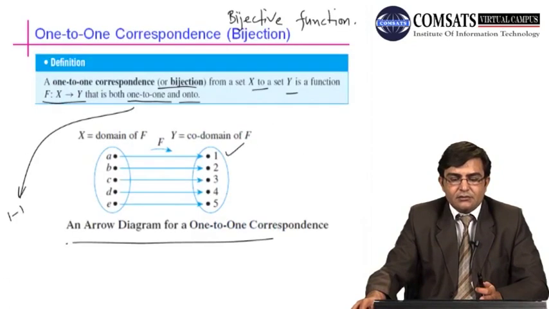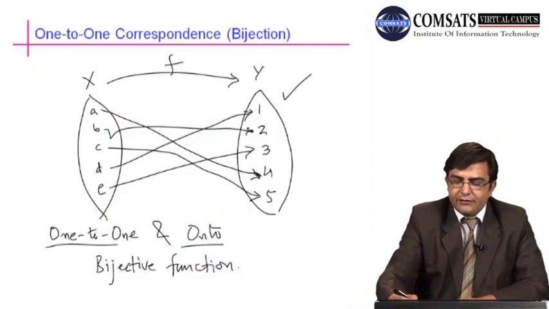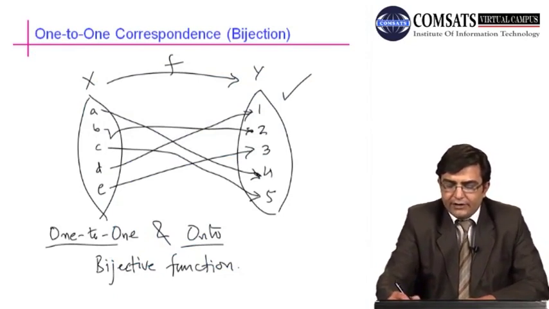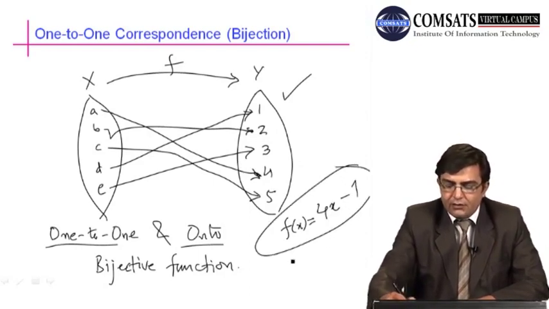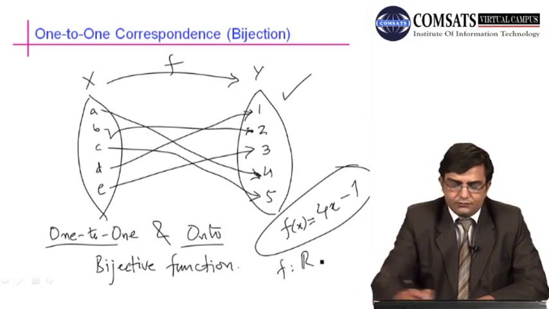You can say here f of x is basically 4x minus 1. This function is defined from R to